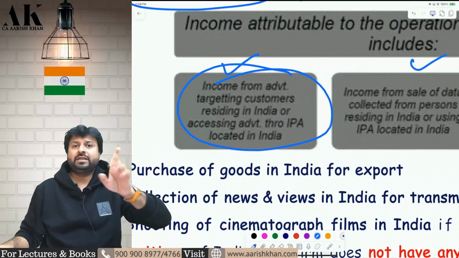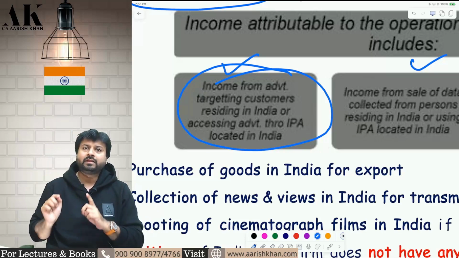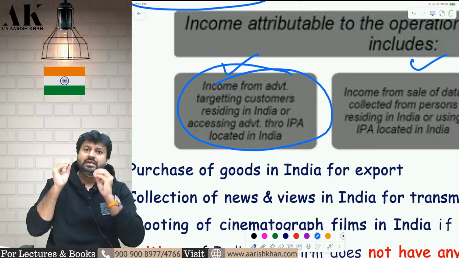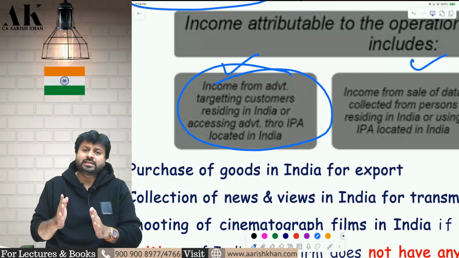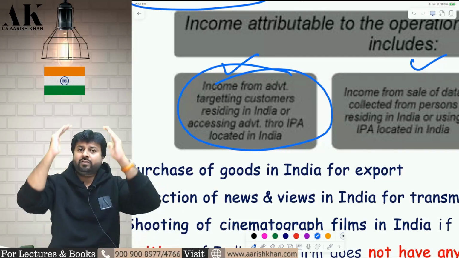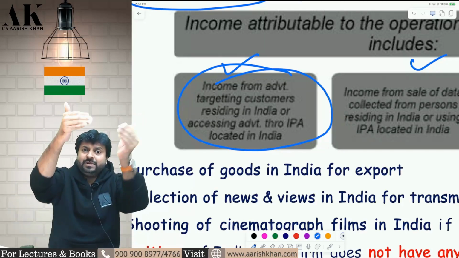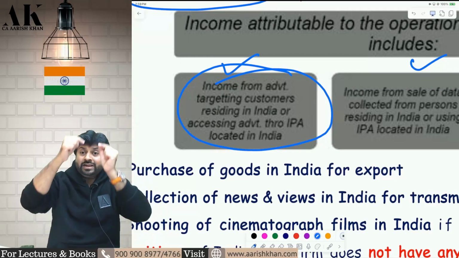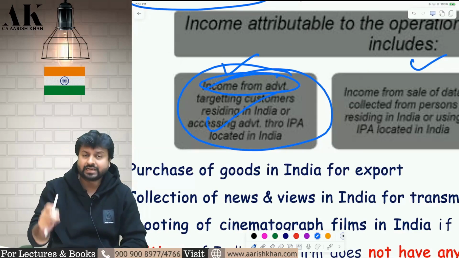First income, let me give you an example. There is Samsung, there is Facebook. Now Samsung tells Facebook that I want to advertise my product. I want to do advertisement. For that purpose, Facebook asks Samsung, which is your target audience? Suppose Samsung says my target audience is India, and for that Samsung is making some payment to Facebook for doing advertisement in India and targeting Indian customers. So whatever income from advertisement is earned by Facebook for targeting Indian customers, that is always deemed to accrue or